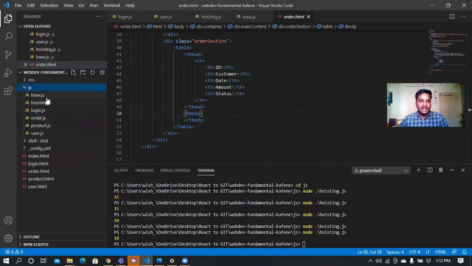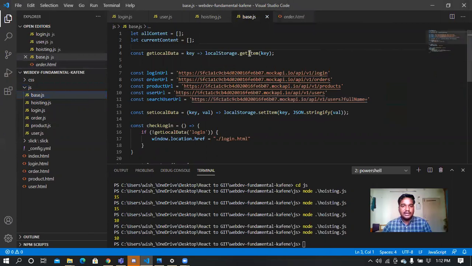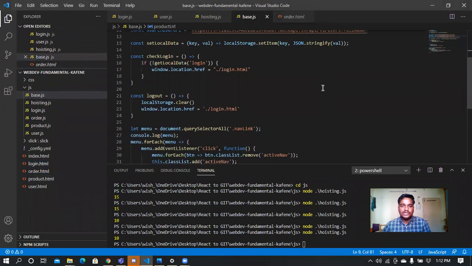Now I'll jump onto the JavaScript part. I've created a base.js file wherein I have explicitly mentioned all the API URLs, so that we can call them directly in the other JavaScript files. In the base, I'm also checking whether the user is already logged in or not, and accordingly I am traversing through the project.